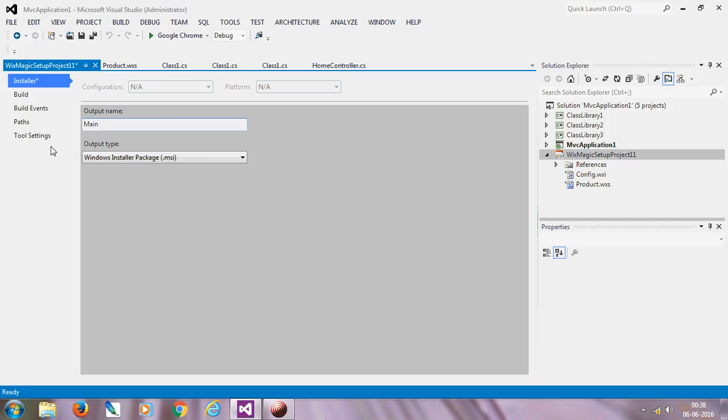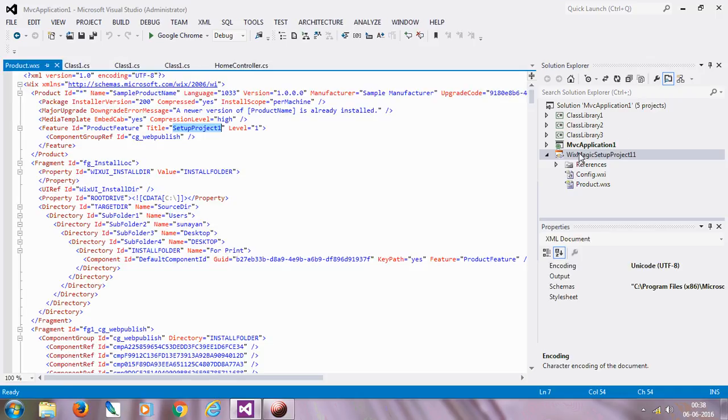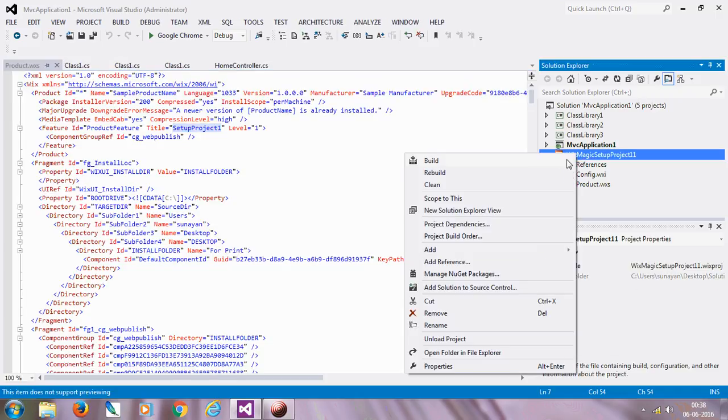I give it the name main setup WiX. Right click, save all items. Now I am going to build the